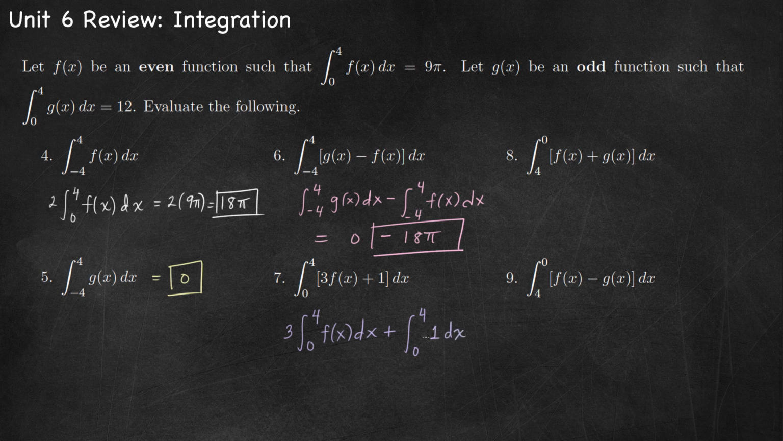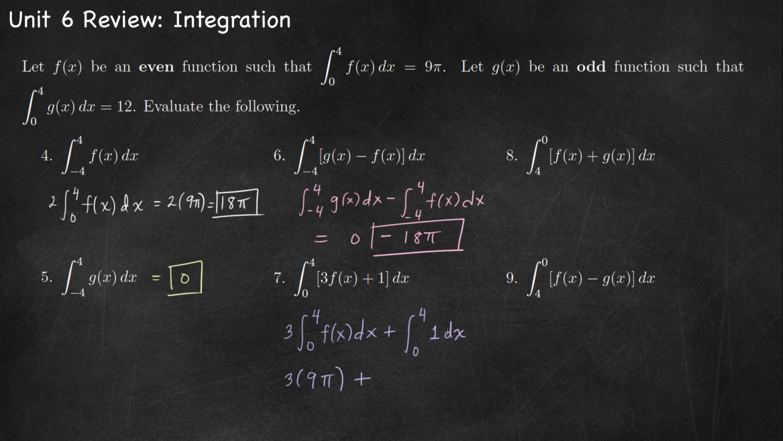And usually you wouldn't see the 1 written there. It would just say the integral of dx, which looks kind of funny. But it just means 1 times dx, so we'll be finding the antiderivative of 1 there. Okay, but let's go back to our first term. We know that the integral of f from 0 to 4 is 9 pi. So we have 3 times 9 pi